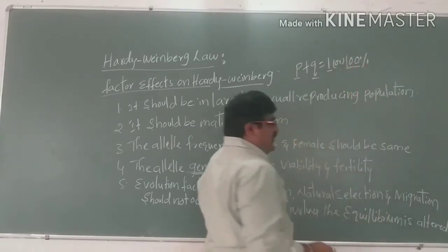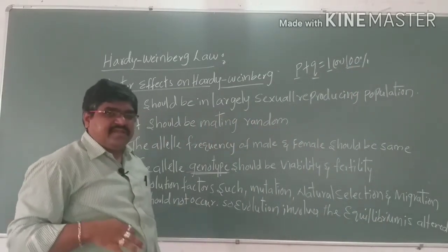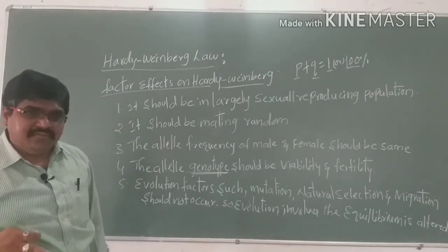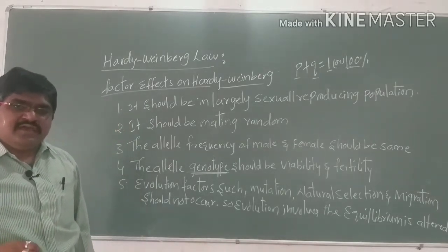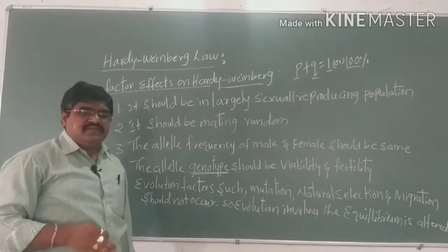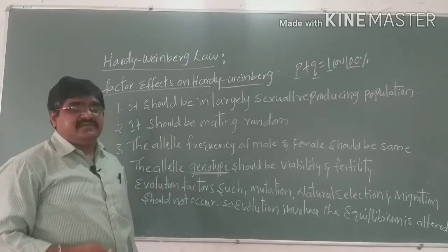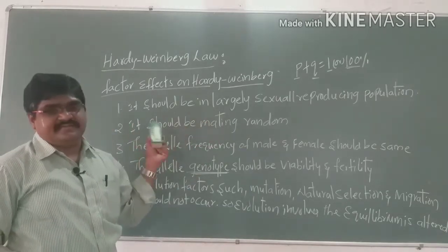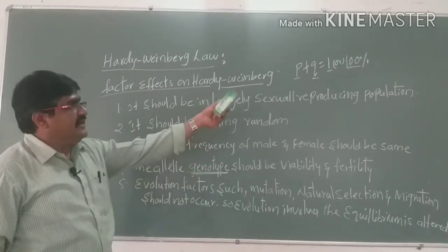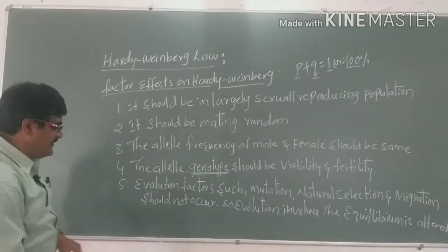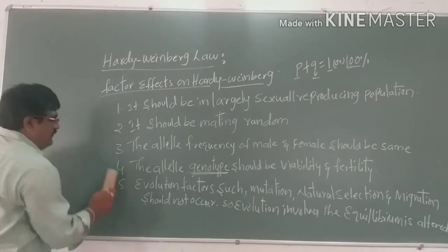So if the gene frequency remains the same from generation to generation, then it shows the Hardy-Weinberg law. If this does not take place, the evolution will change. That means evolution occurs when it is not taking place. So that is mainly p plus q is equal to 1, where they explain the equation in the form of